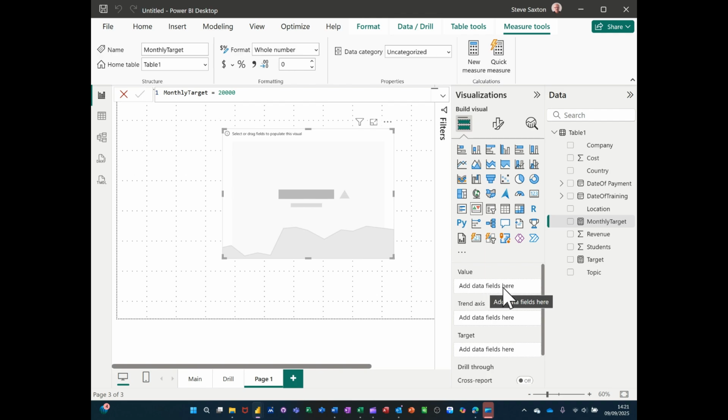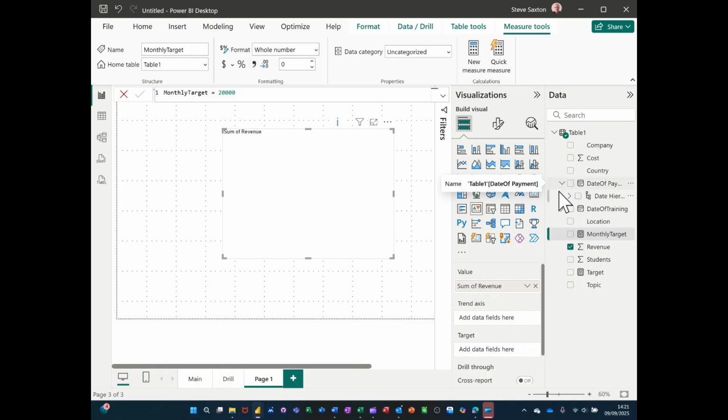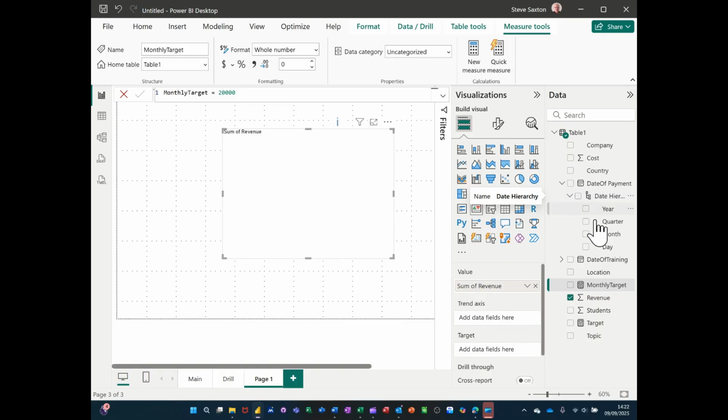Now, what I've got here is revenue. So I'm going to put revenue in this box. So it comes up with sum of revenue, and it says that on the label as well. Now I need to go date of payment. So if I open this up, you've got your date options. So I'm going to go first of all for year. I'll put year in there,